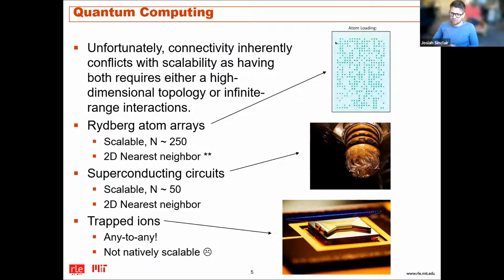Another really promising hardware platform for quantum computing is superconducting circuits, which are also very scalable, but are also only natively able to support few neighbor interactions. An interesting contrast would be trapped ion quantum computing, which is any-to-any connected. That's the largest any-to-any connected system available to date, and they've been scaled up to a few tens of qubits, maybe 20 qubits. However, what we've seen is that increasing the qubit count further results in severely degraded gate fidelities. There have been heroic efforts to get past this limit, but it looks like a pretty challenging barrier